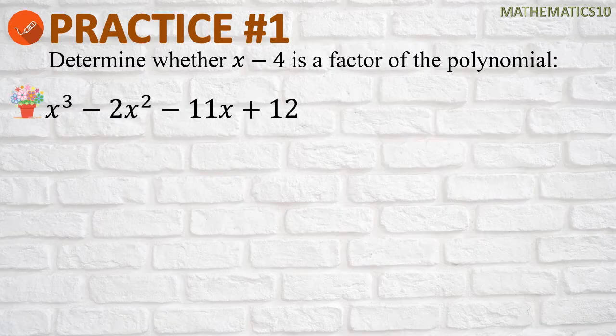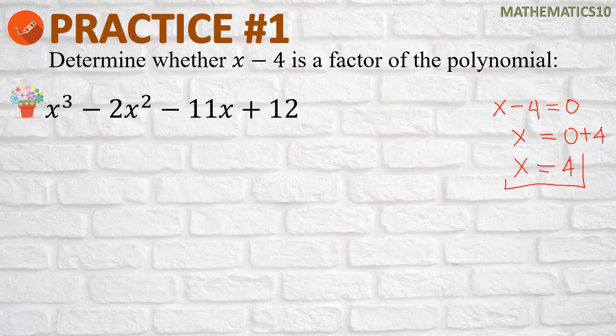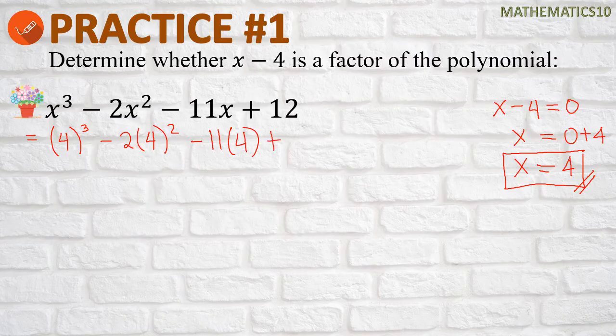So what are we supposed to plug in? Same process, since our divisor is x minus 4, we will just equate it to 0 to find the value of x. So we will have x is equal to 4. Therefore, we are supposed to plug in or substitute 4 in our dividend, or p of x. So here, we are going to change all the x into 4. And since we were able to plug in,